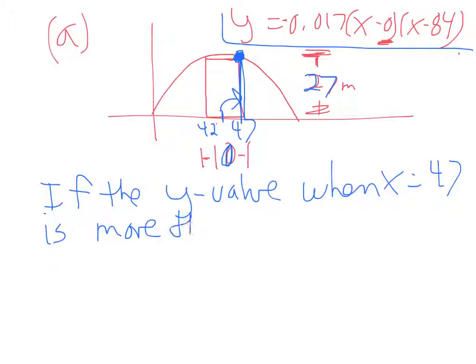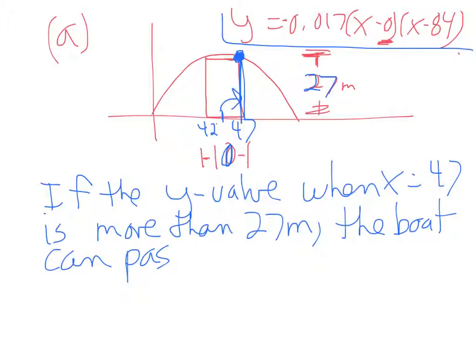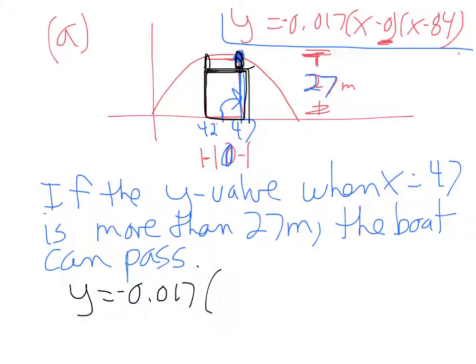is more than 27 meters, the boat can pass. If it's less than 27, then the boat's going to be stuck right there, for example. Then the 27 might be right here, and there's lots of space in between, so it can pass at those x values. Okay, so let's try that. I'm going to substitute in x equals 47. y equals negative 0.017 times 47 multiplied by 47 minus 84,